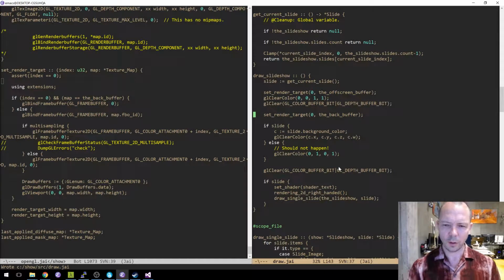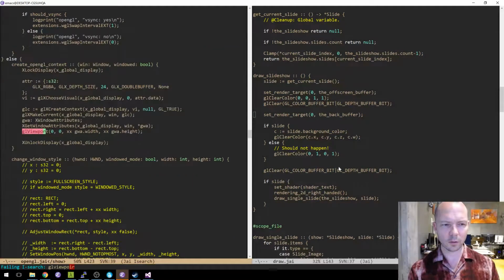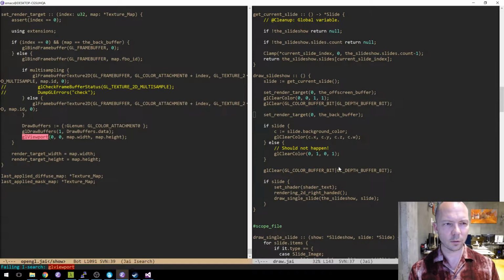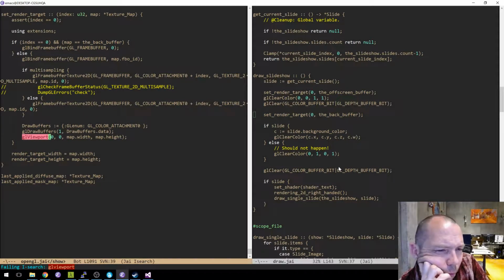So, I mean, when we call, okay, wait. Do I have to call GL viewport?